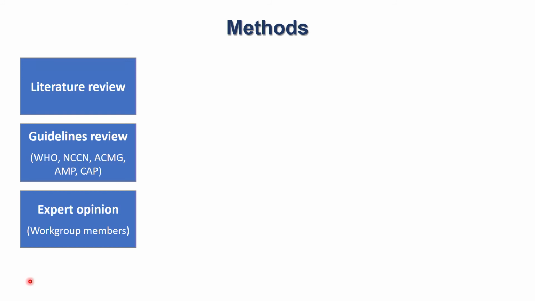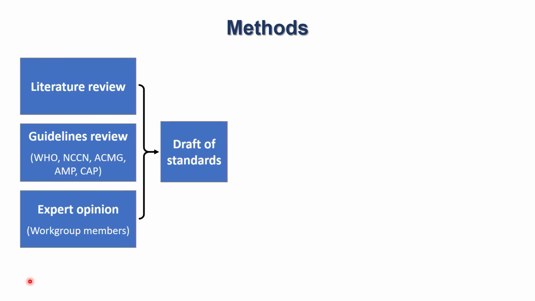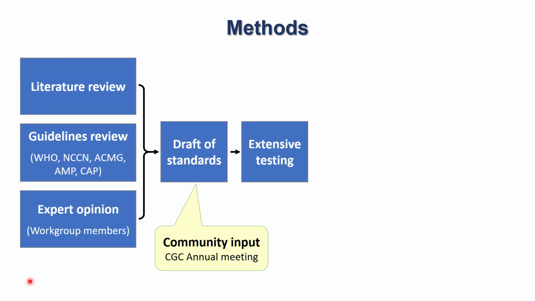In terms of how we approached this task, this is a quick review of the methods we used. We did a comprehensive literature review, especially focusing on some existing practice guidelines at the time, and we used experience and opinions from group members. We came up with the first draft, and then we asked for community input. So you might remember that at one of the previous CGC meetings, we had a presentation of our initial drafts, and we asked for input from our community. Then we did testing of the draft